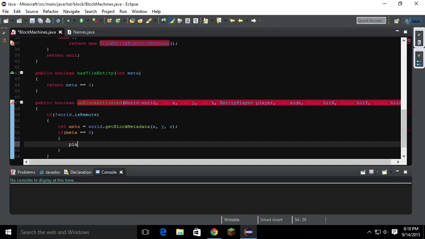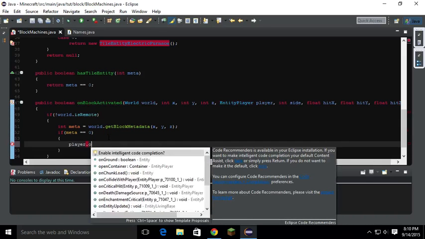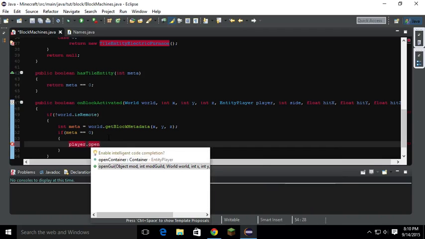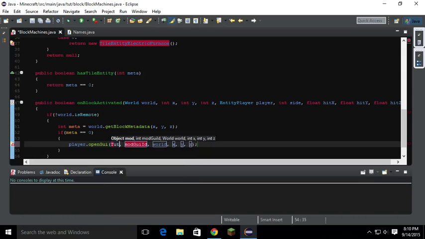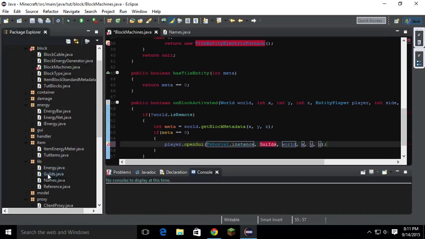then player dot open GUI, and then tutorial dot instance, and then GUI IDs, and let's go to GUI IDs